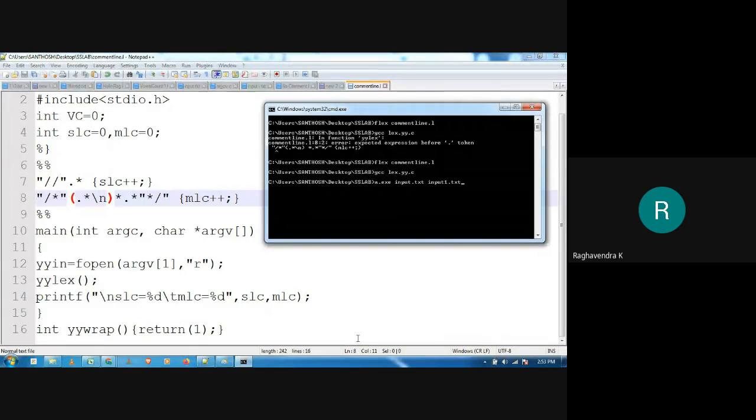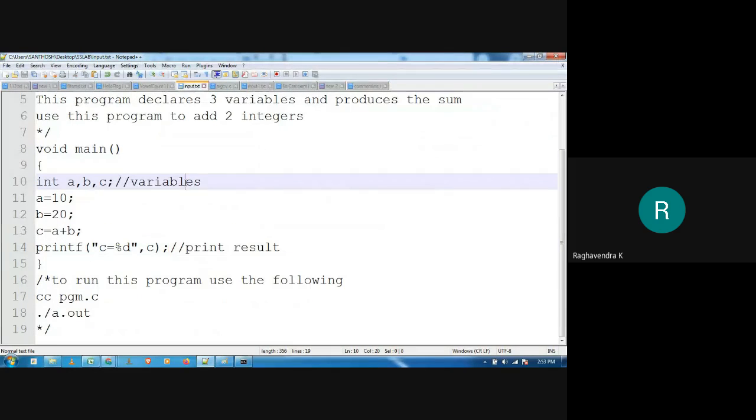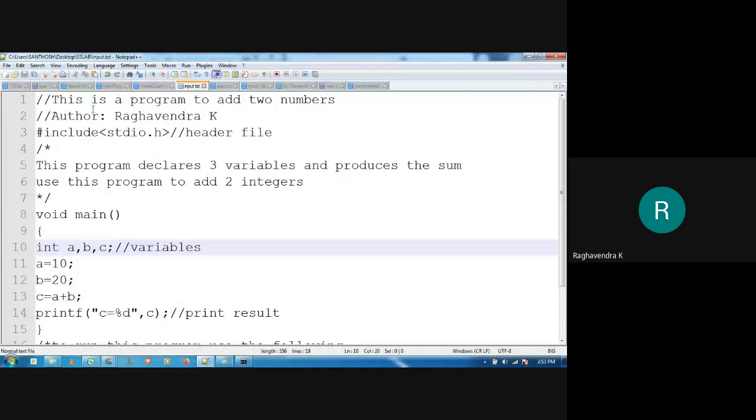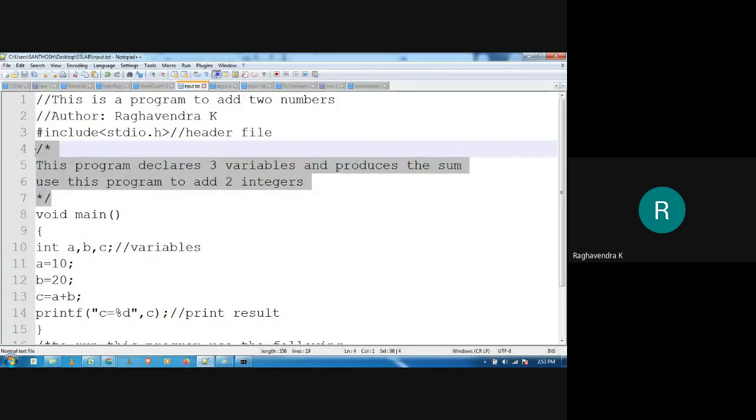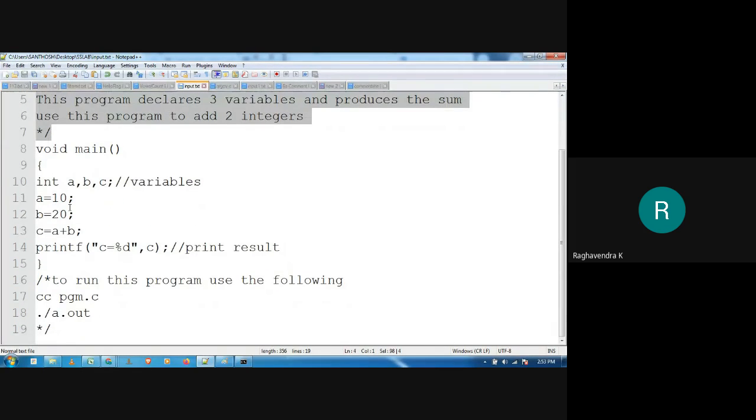Okay, so it is saying that SLC is 3 and MLC is 1. Let us verify whether it is right or not. So SLC, input.txt. Single line comment we are okay with, this is fine. Then comes part 1 and then 2.